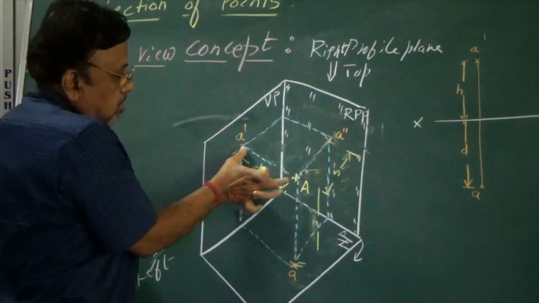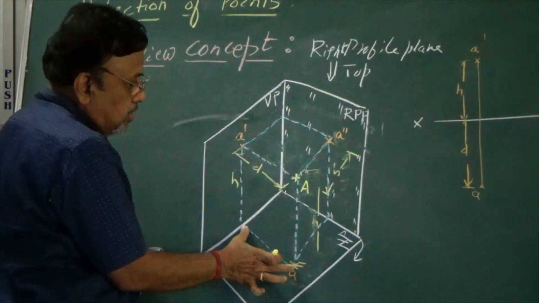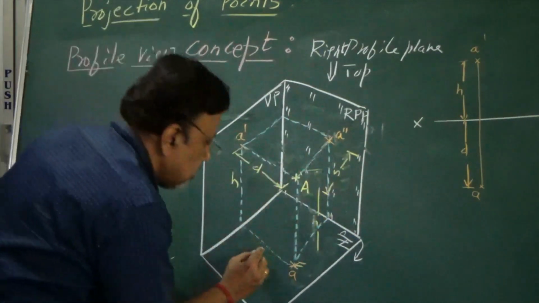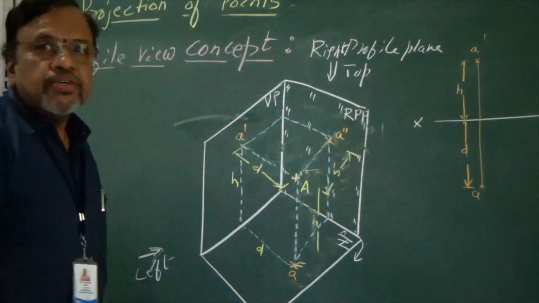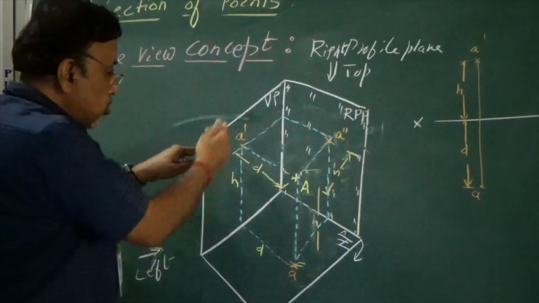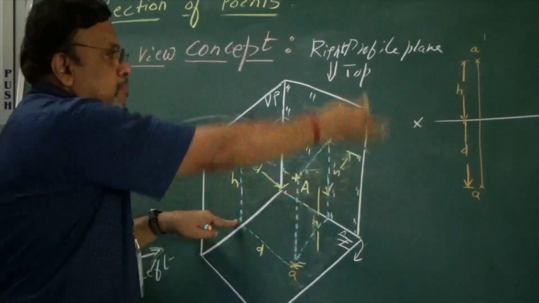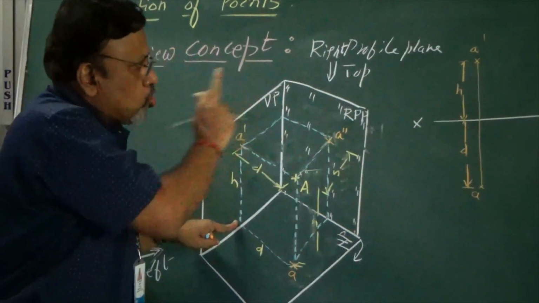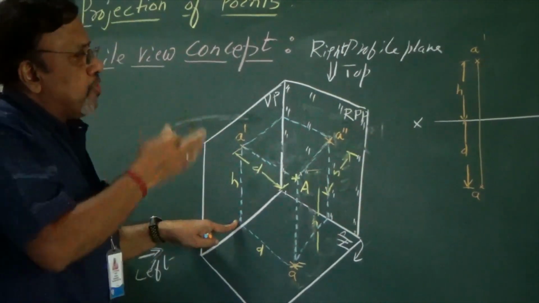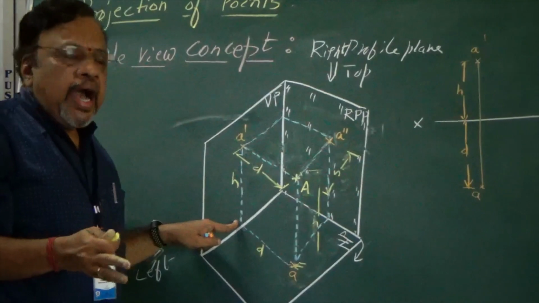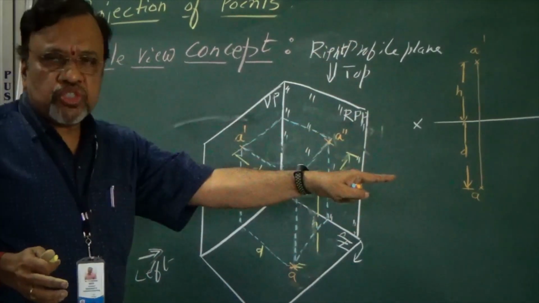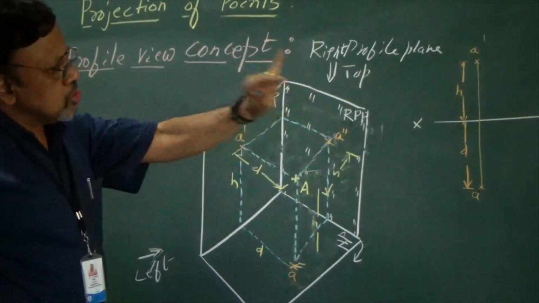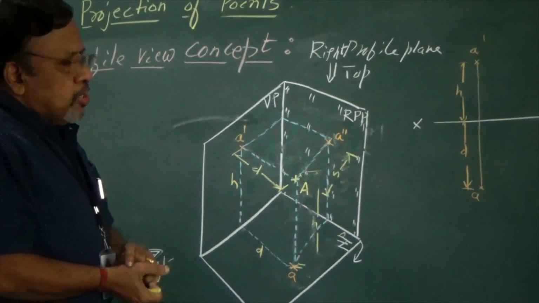Similarly, this is D. What about this then? Because they are all parallel to one another now, this is D. So once I rotate, these two vertical projectors will become a single line. That is the reason we say that when you draw the orthographic projections, both top view and front view should be on the same line, and that line is considered as a projector. Okay, now we have just drawn the front view and top view.